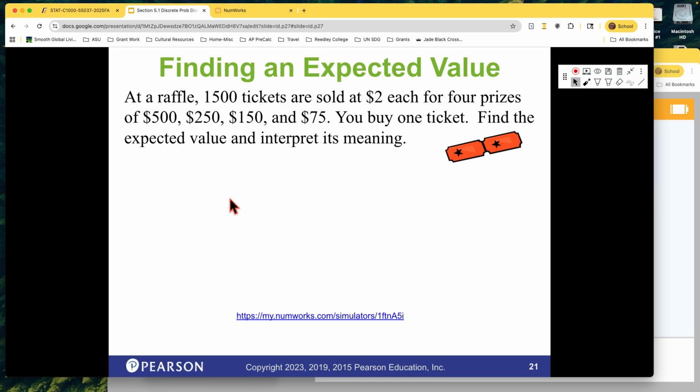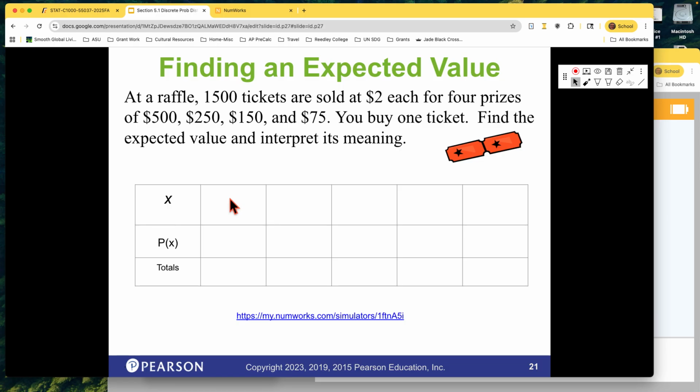Okay, so finding the expected value, here's a raffle ticket. Like a lottery, 1,500 tickets are sold, $2 each, and there are 4 prizes: $500, $250, $150, and $75. You buy one ticket. Find the expected value and interpret its meaning. Okay, so what we're going to do is set this up as a probability distribution. First of all,